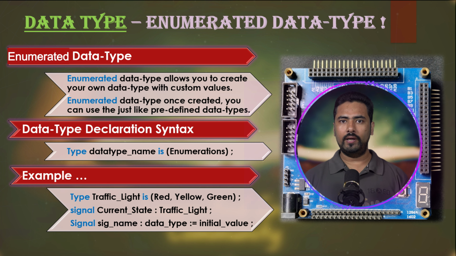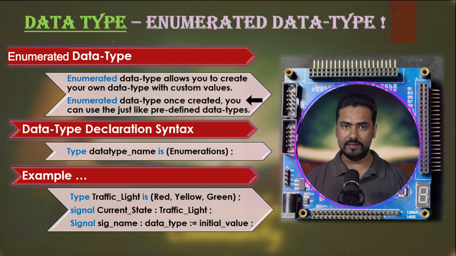Now let's talk about enumerated data types. Enumerated data types are powerful features in VHDL that allow you to create custom data types. You can use those custom data types for your specific needs because they can be more representable in your VHDL designs, as you are creating them for the specific needs of your project. Enumerated data types allow you to define a set of named values that your data can hold. These named values are called enumerations. This can help to make your code more readable and self-documenting.